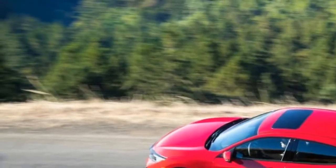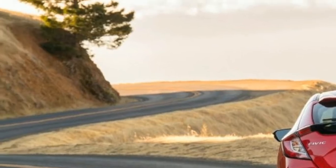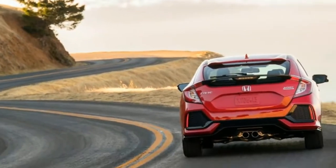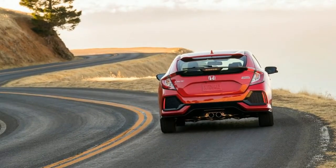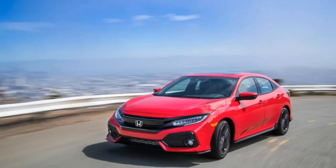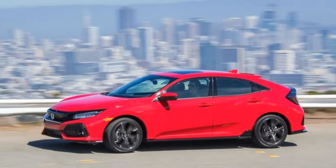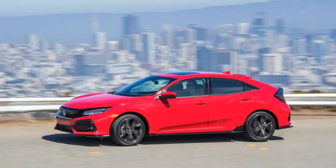The most obvious physical differences, besides the lack of a trunk, are the goth black face paint for the exterior trim and the faux duct inserts in the bumpers, which make the hatchback seem less like a car and more like a robot with terminally flared nostrils. As we said, it's supposed to appeal to youth, who, apparently, want to be seen as having a lot of